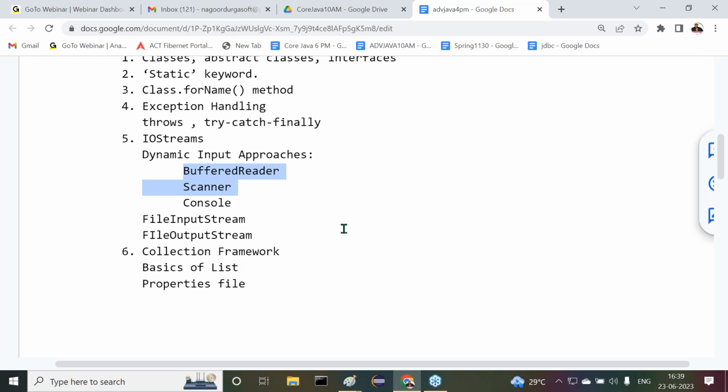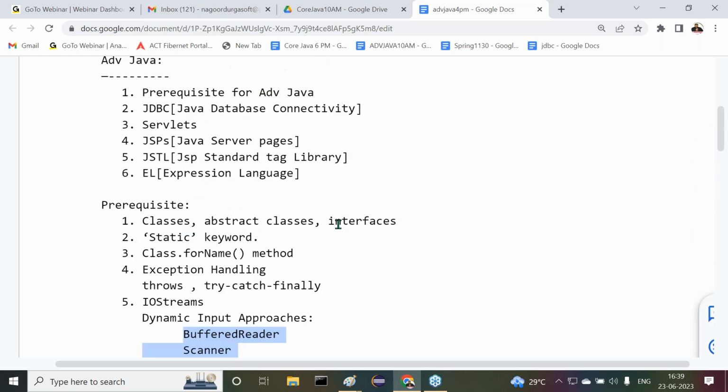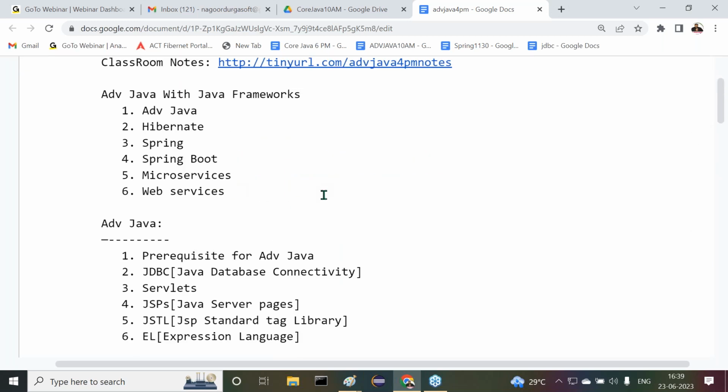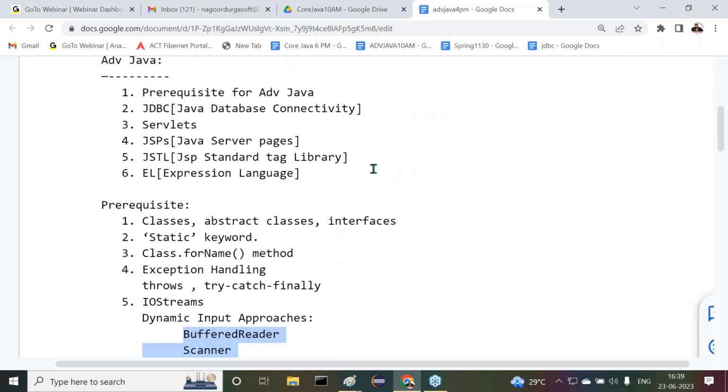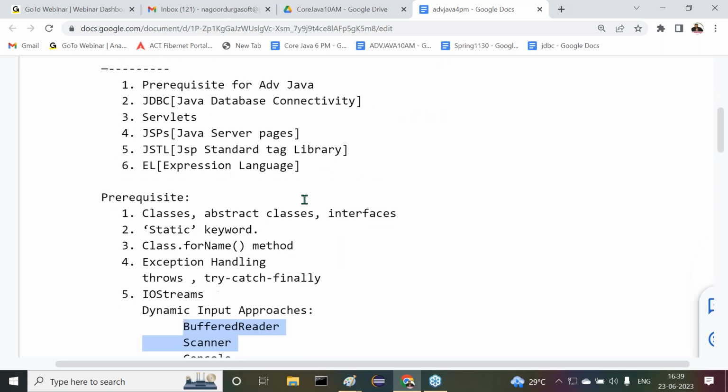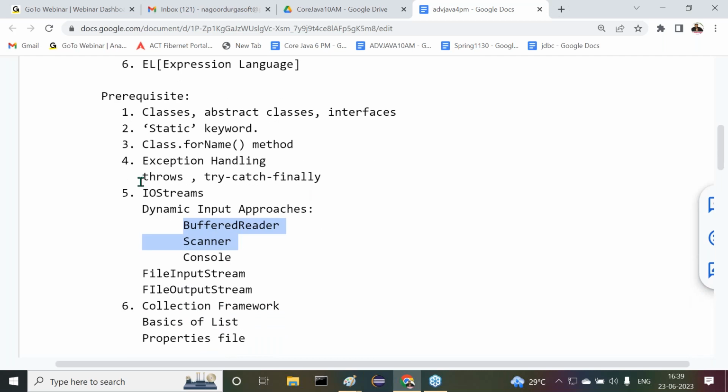Right. So next, after completion of this content, directly I want to start this topic, the throws keyword and exception handling related content. All of you are okay? What I am telling you is as per your core Java knowledge only.